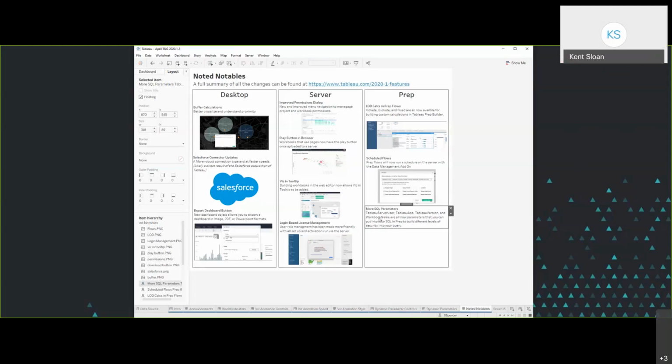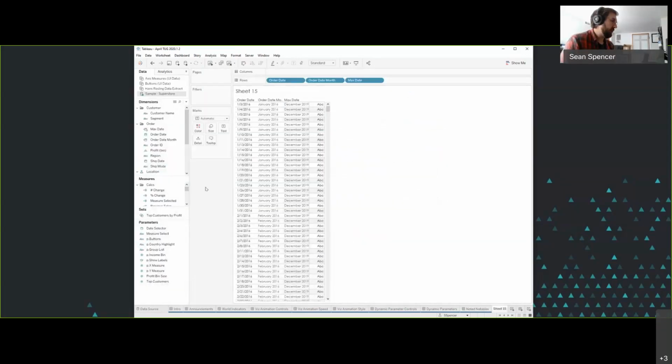And Eric asked about using TopIn, if we could use that to update a dynamic parameter. I haven't tested out if there's any restrictions around using table calculations to update a parameter. I assume it would work, but you absolutely should be able to use the TopIn as long as you do it in a calculated field, right? Yeah, as long as it's a calculation that you can feed into that.